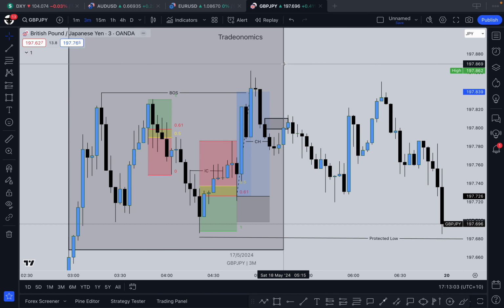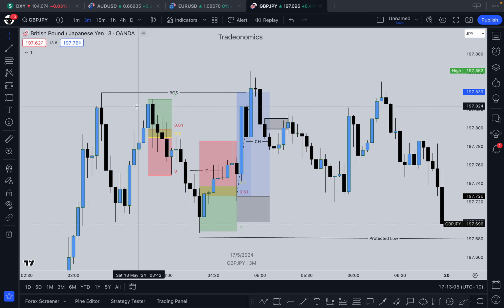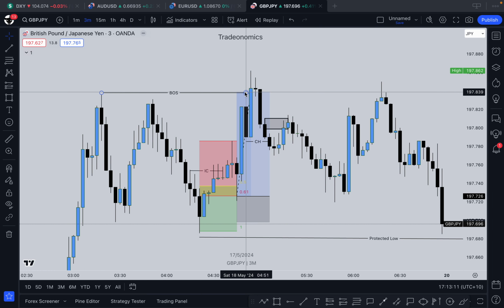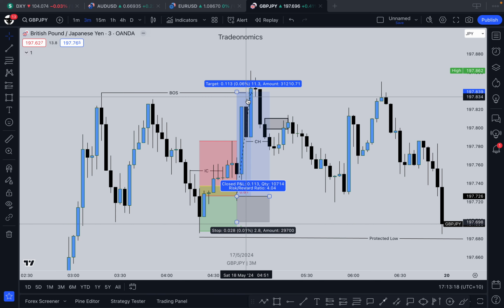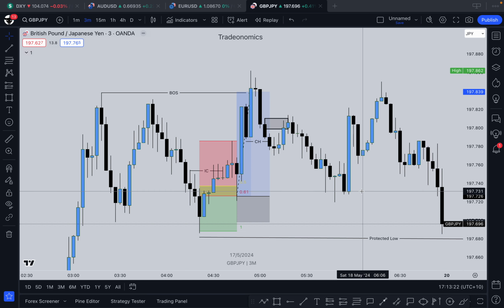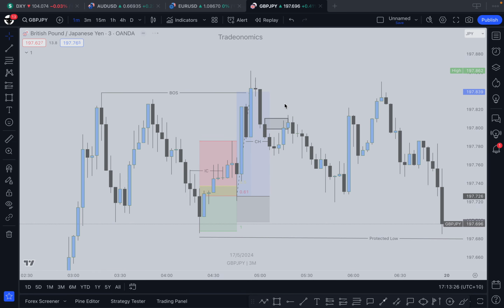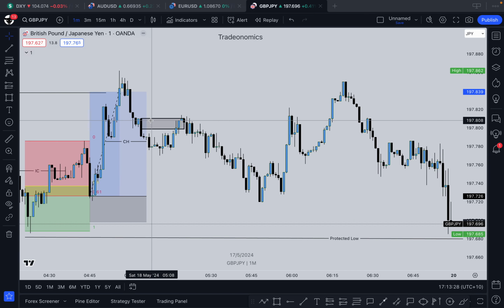So let me get rid of this box. So we have, say this is our 15-minute structure. Again, price is fractal. So 15-minute break of structure here. And then on the 3 minute, what do you see? You see this demand zone break, right? What do we expect now? We expect sells, right? And if you scale down to the 1 minute as well, you can see we respected